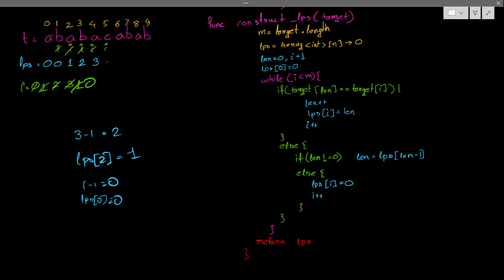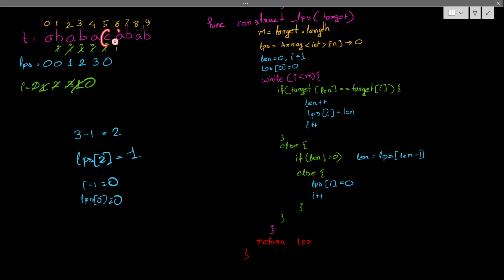So LPS of I will put 0 and increment I. So right now my length becomes 0. Hope you understand why I am doing that length minus 1. Because if I simply do length equals length minus 1, that means what? I will check whenever length is 2. The length is 2 means what? I am checking when length is 2